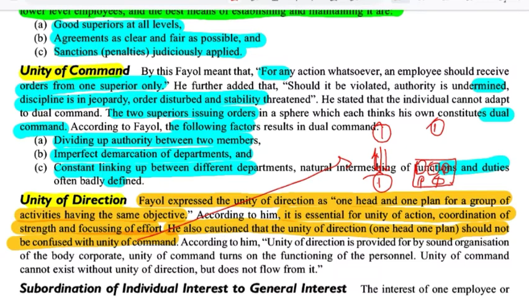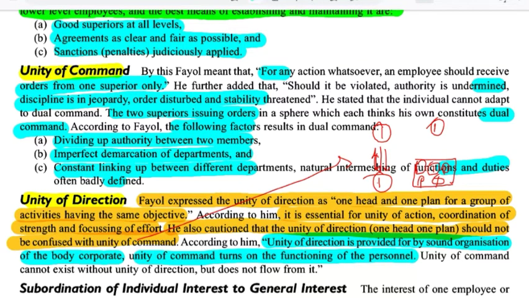According to him, unity of direction is provided by sound organization for a body corporate. Unity of command turns on the functioning of personnel. It means unity of direction is linked with the sound organization of a body corporate, while unity of command is related to